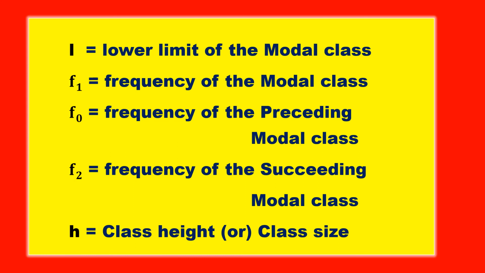Be perfect, go through the formula, write it 2 to 3 times, 5 times, 10 times till you get it. No need to worry. Whenever you are writing, read it out and write so that it will be fixed in your mind. One more thing I want to repeat: for mode, remember it this way, 1 0 1 0 2, for writing F1, F0, whatever it is. I hope you understood this formula and the explanation of each term.